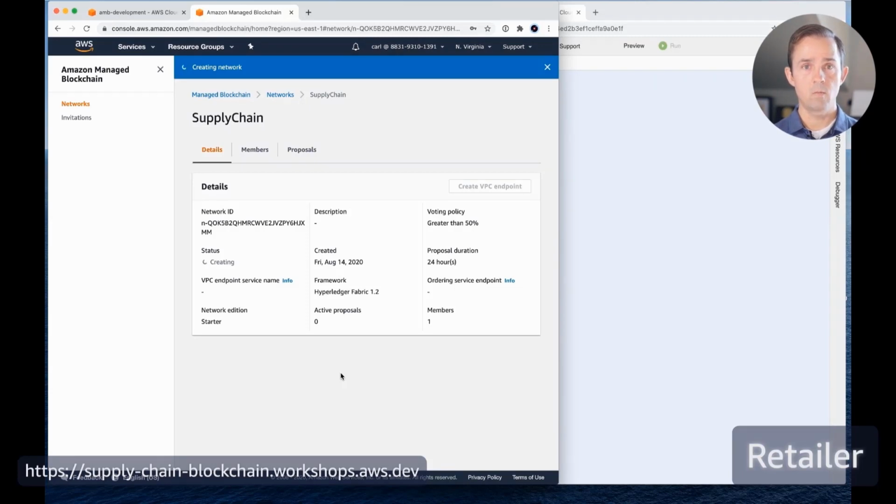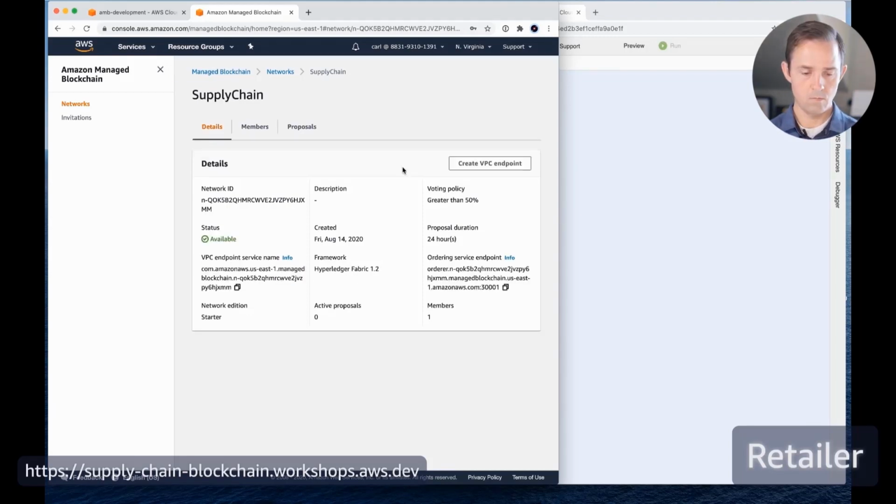Now, one other thing we're going to be doing is we'll be skipping over the deployment time. Normally it takes about 20 minutes to deploy all this infrastructure, but in the interest of time, we'll skip over that and move along. So the first member of our network is finished deploying, and we're going to go on